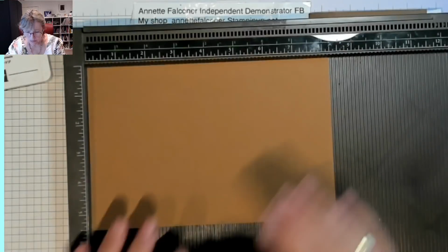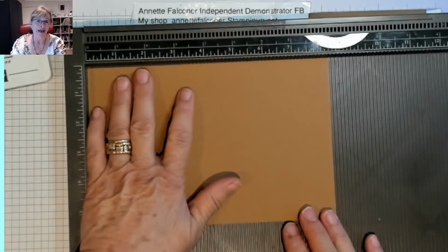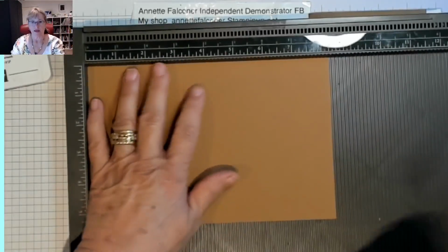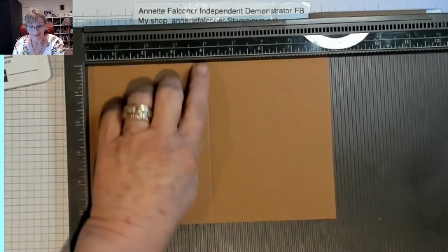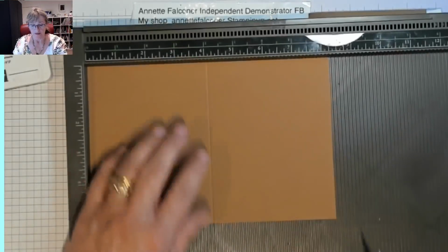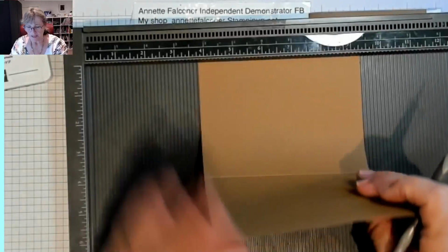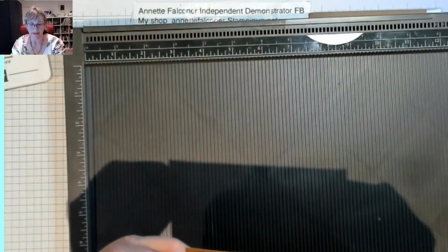So I've been sick. This is 8 and a quarter. I just go 2 marks over by 5.5, and we're going to score it with our lovely machine at 8 and 1/8, which is 1/8 and 1/8, so that is 8 and 1/4. But I sometimes say it's only 1 mark after 4 or 2 marks after 8 to make it easier. But this is really good for getting an excellent